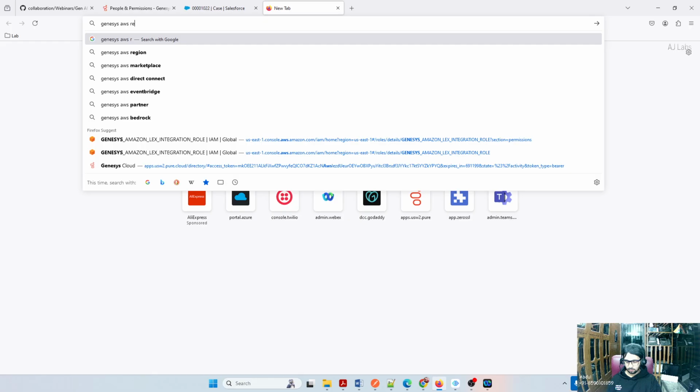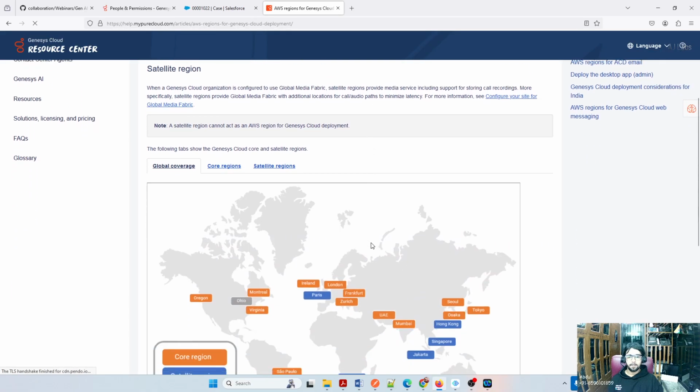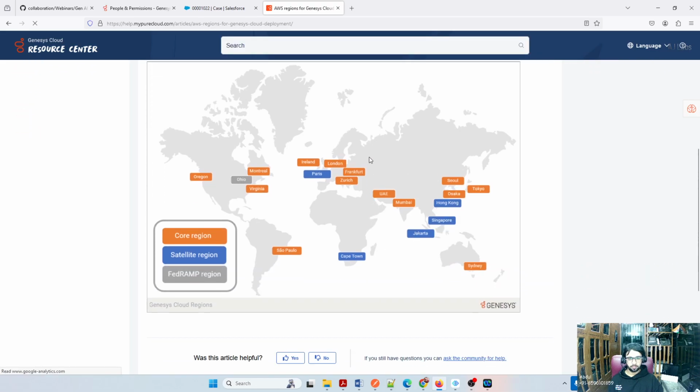Genesys, AWS. One question: in case you have geo or country-based locations, like you have locations globally everywhere, let's say 4 or 5 data centers across, in that particular case, will we only be able to stick to one particular data center for call routing purposes, or how is it? Yeah, you should be able to stick only to one particular region. That's the limitation. So wherever you have TRI regulation or telephony regulation, they deploy something called edge devices. Edge is nothing but a multimedia device. It's a physical hardware box that you can deploy on your premise, then connect that to the internet. It can talk to the respective cloud.